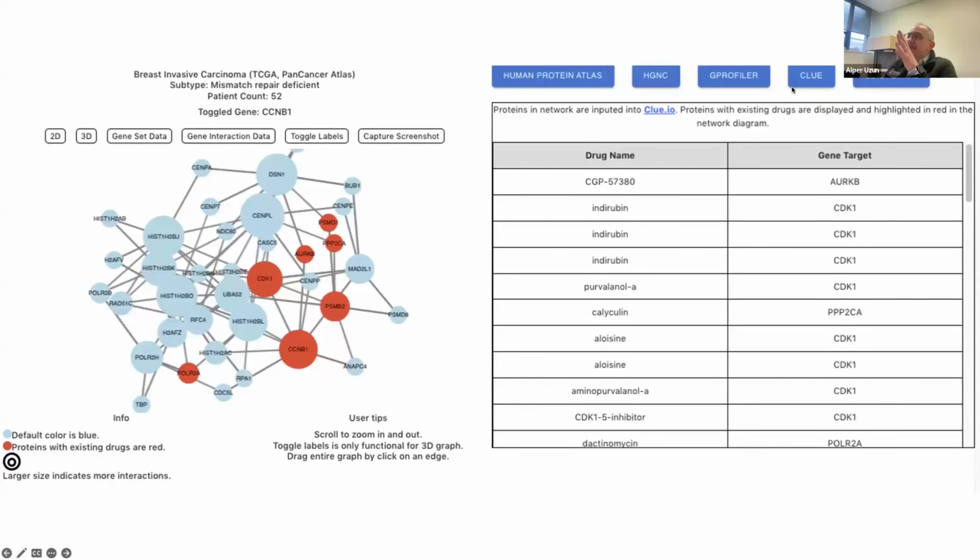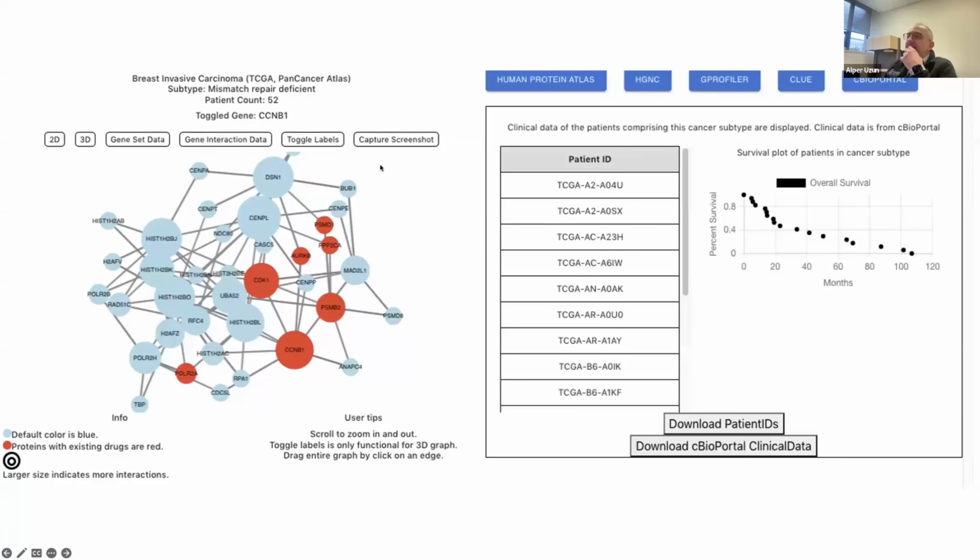And then again, CREW is coming from the Broad Institute. This is the drug repurposing resource. So there are a couple of different drugs here and their targets. So you can also ask the question, okay, bring me the drug targets and the repurposing drugs for those targets. Then another interesting thing, I told you, this network is for 52 patients.